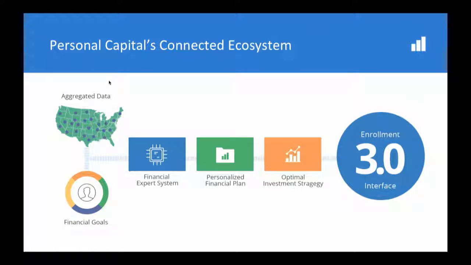But here's how. What if it's done in an ecosystem where we already know where you are in your life, how much you own and how much you owe, and what your financial goals are? And what if we could show you the best financial strategy that would maximize your chances of meeting those goals?